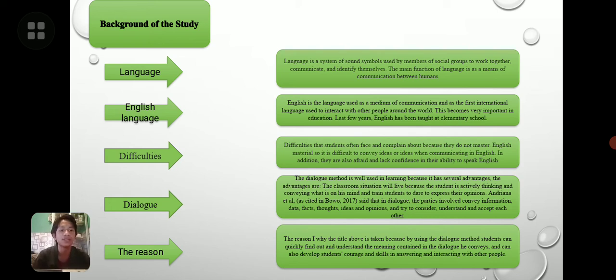The reason I chose this title is that by using the dialogue method, students can quickly find out and understand the meaning contained in the dialogue, and it can also develop students' courage and skill in answering and interacting with other people.